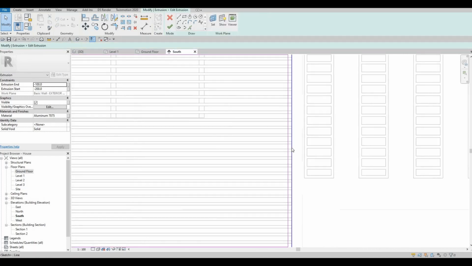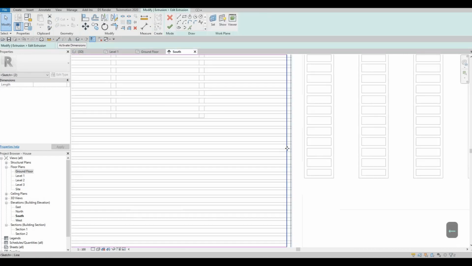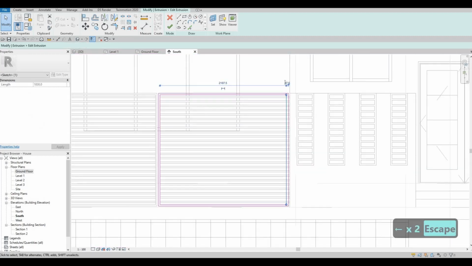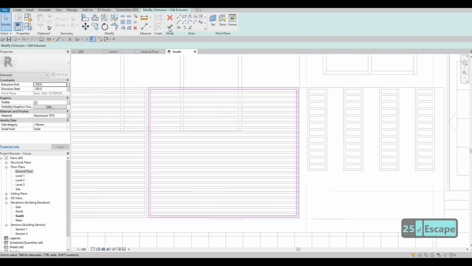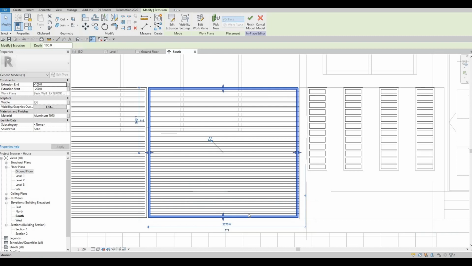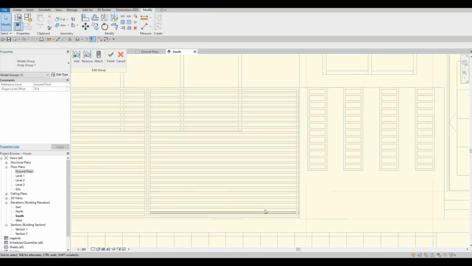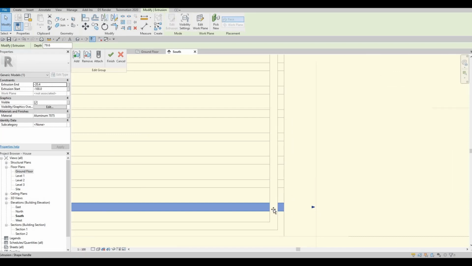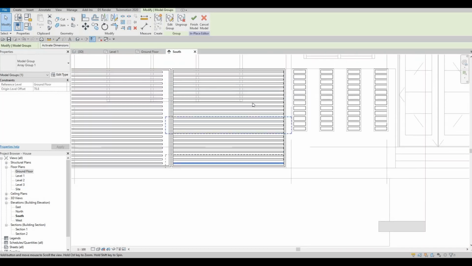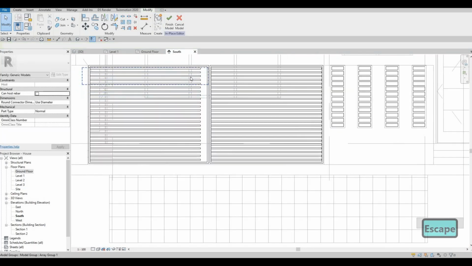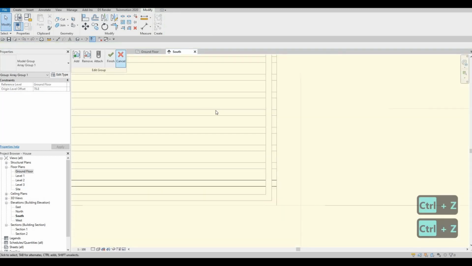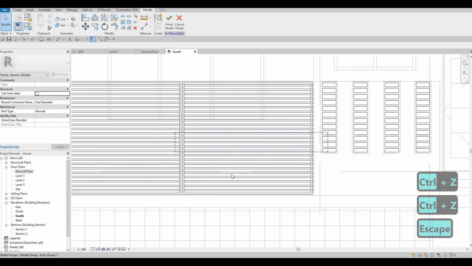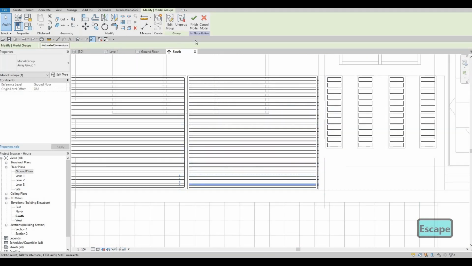So I'm gonna edit extrusion, make sure this is 25. There we go. Click finish, and then edit group. We want to push it right there and click on finish, and everything will follow. But now the issue with this is because this is all connected, what we need to do is ungroup this,